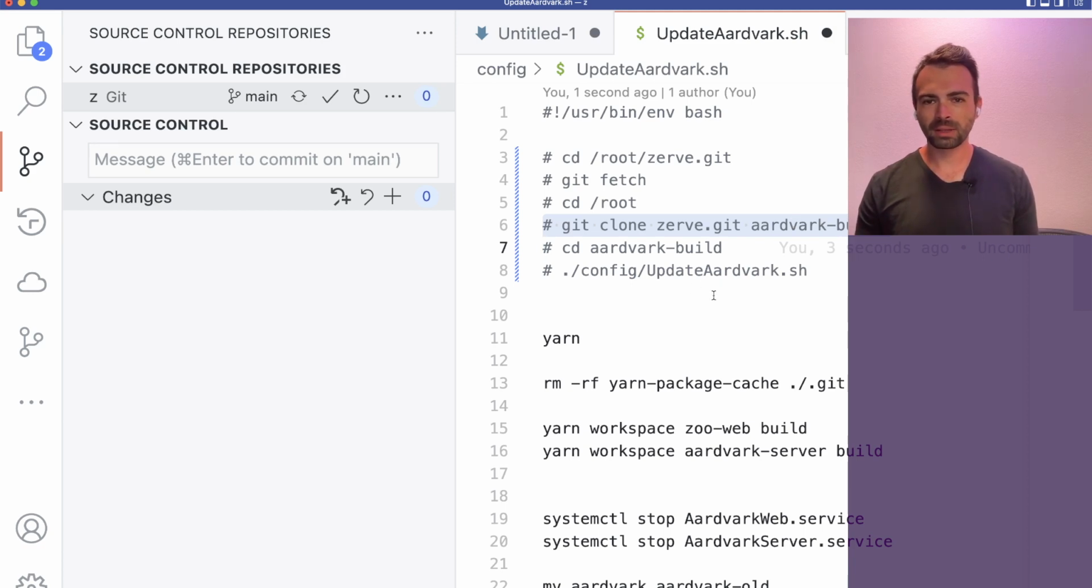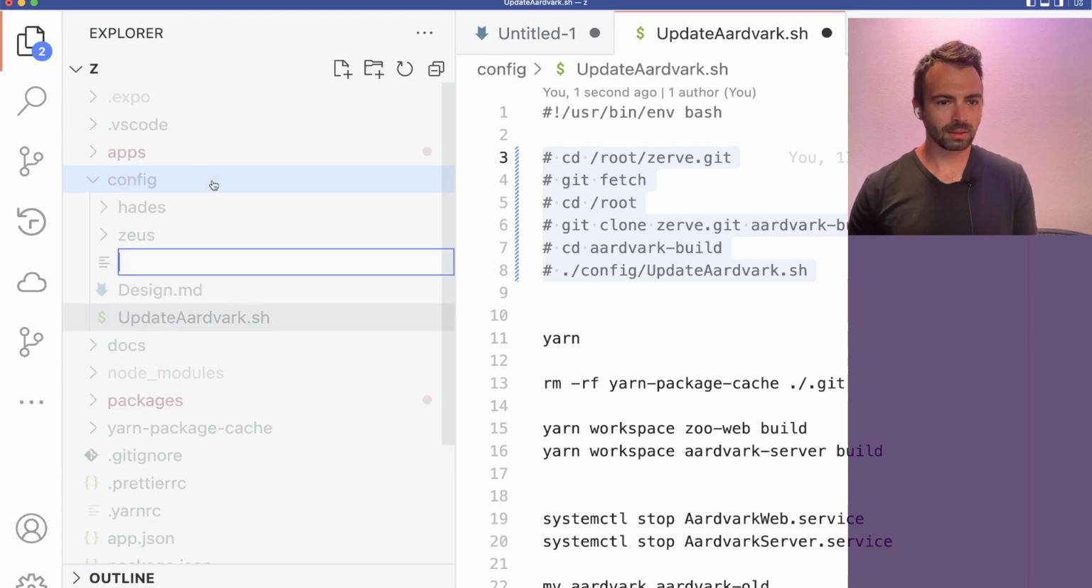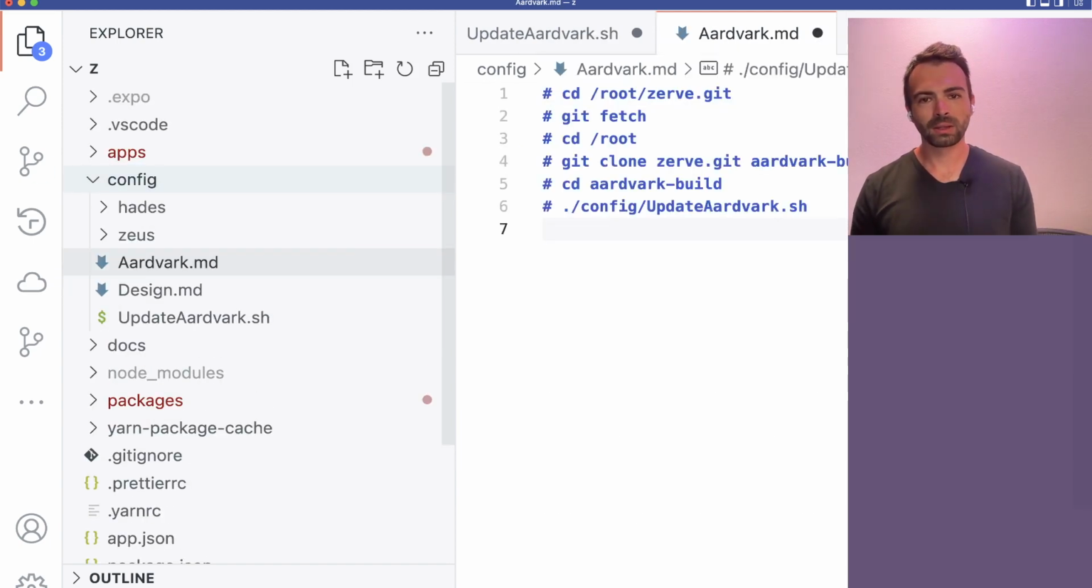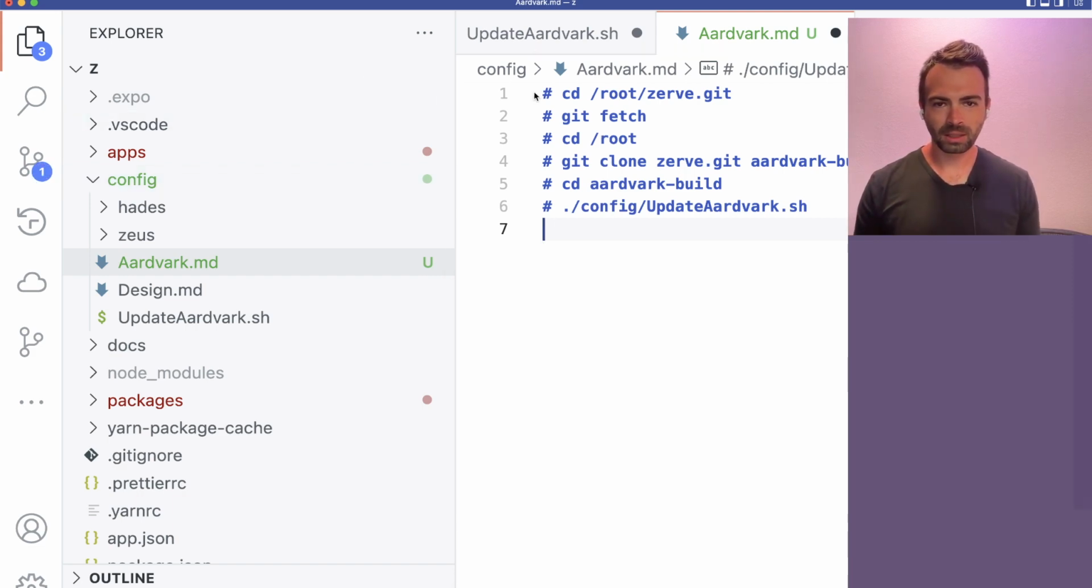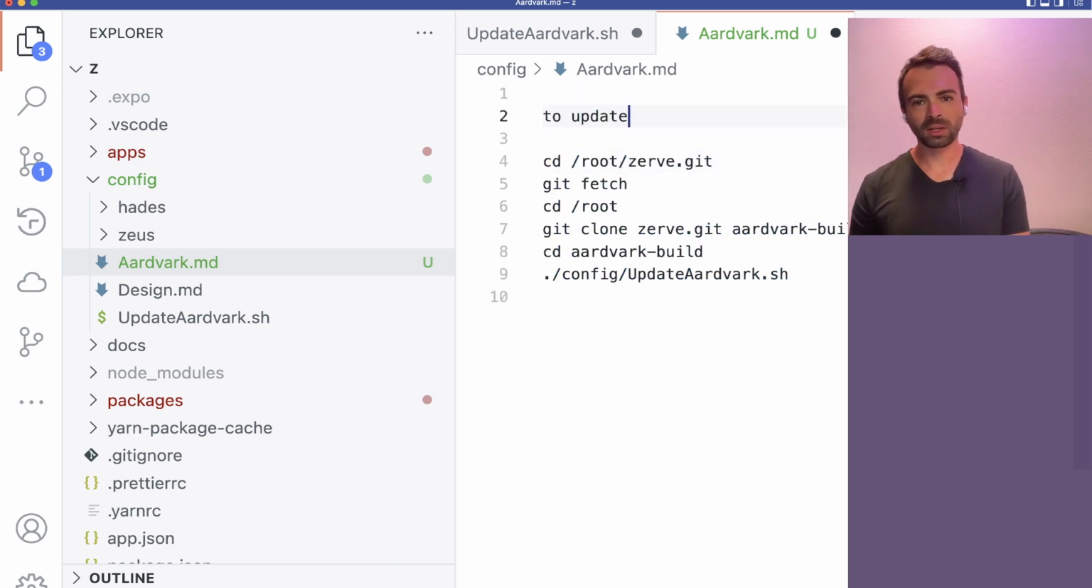I don't know if bash supports multi-line comments, but I'd really like a multi-line comment here so that this can be copied and pasted. But in lieu of that, what I'll do is I'll say aardvark.md, and then these won't be, oops, come on. To update aardvark,